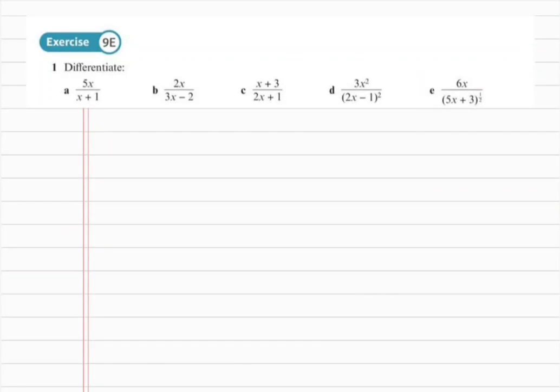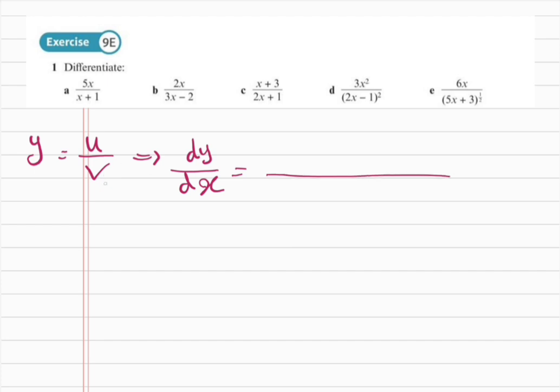Hi everyone, this video is on exercise 9e and this is about the quotient rule. So let me first remind you what the quotient rule is and then we can continue with the exercise. If you have a function, let's say y is equal to u divided by v, where u and v are two functions, then dy by dx is equal to basically the denominator squared, and the denominator is